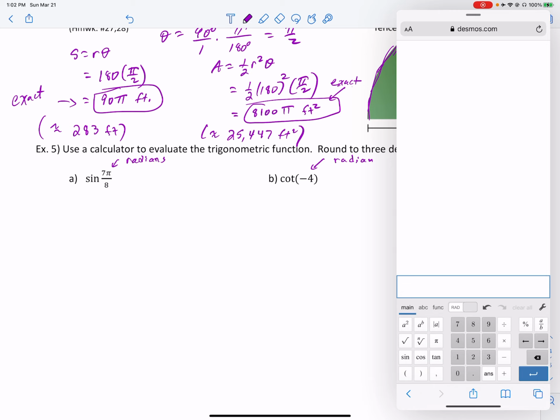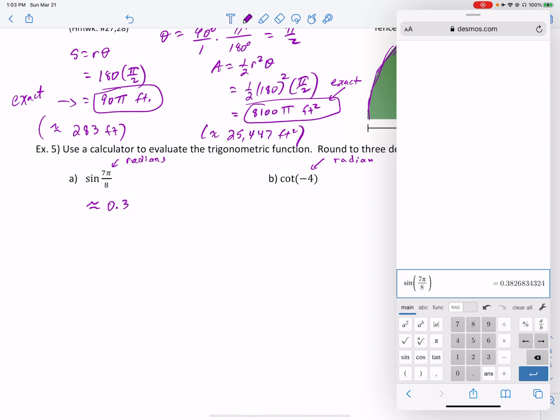So I need to tap, that's degrees, I need radians. So then I'm just going to go sine, and then I need 7 pi. So now I got to hunt for that pi, but it's right there. Second row, third column. 7 pi, and when I hit division, it'll put it in there. And then I'm going to tap to get to the right of the fraction, put my parenthesis. And the sine of 7 pi eighths is